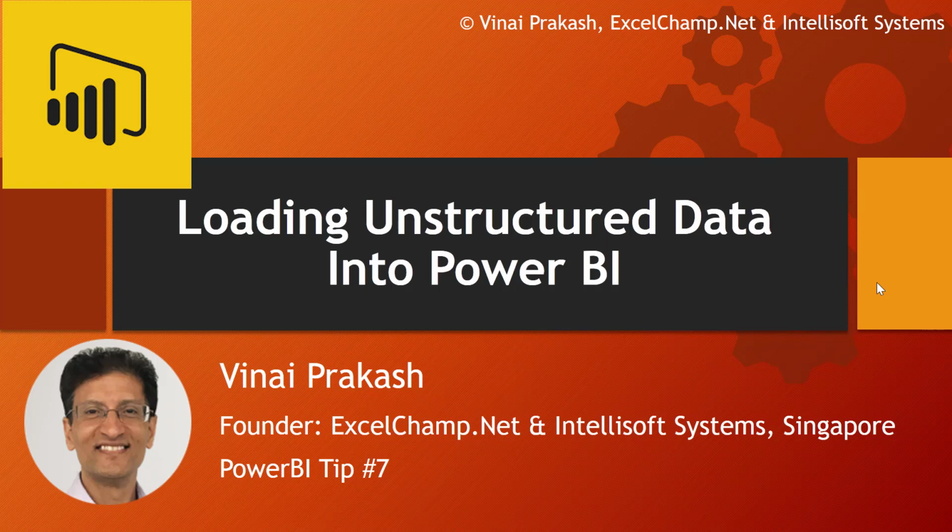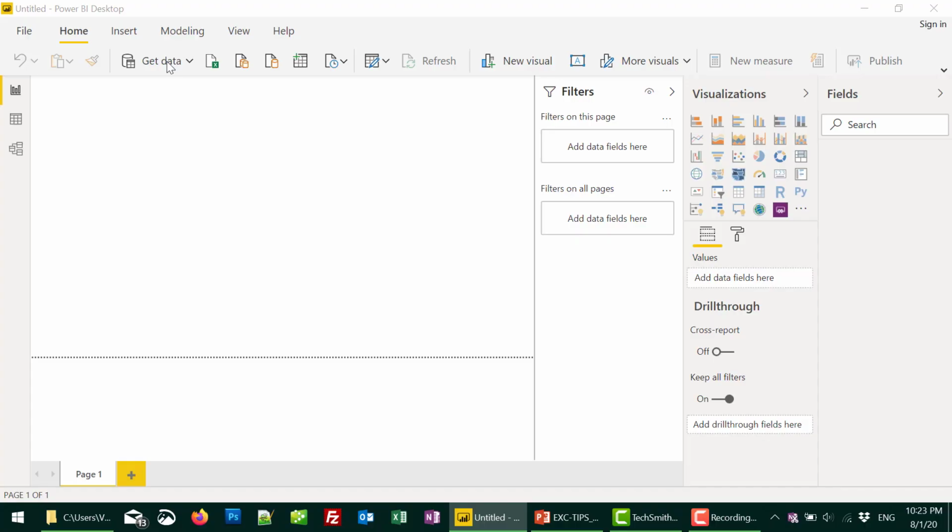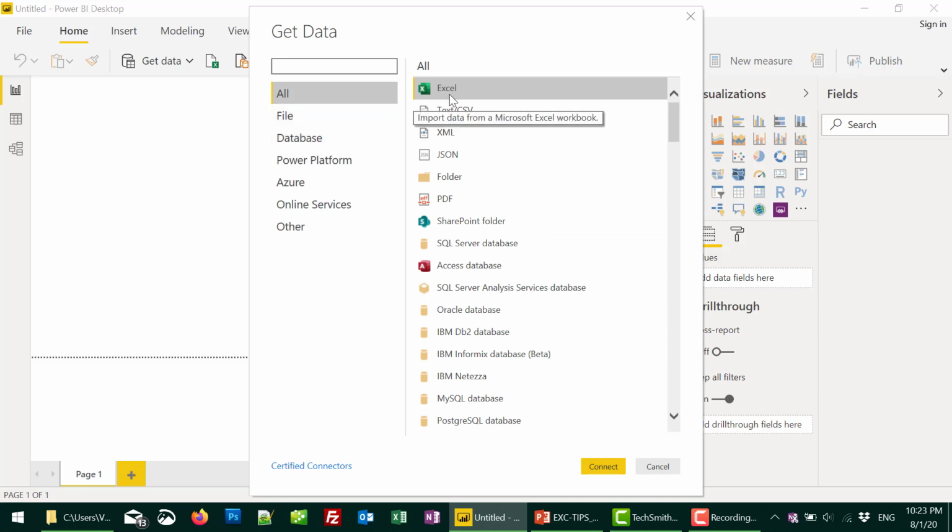In today's tip number 7, I want to share with you how to load unstructured data into Power BI. So we will be using the Power Query tool built within Power BI. So let's get started. Get our data from the Excel file. So we will choose Excel, connect,